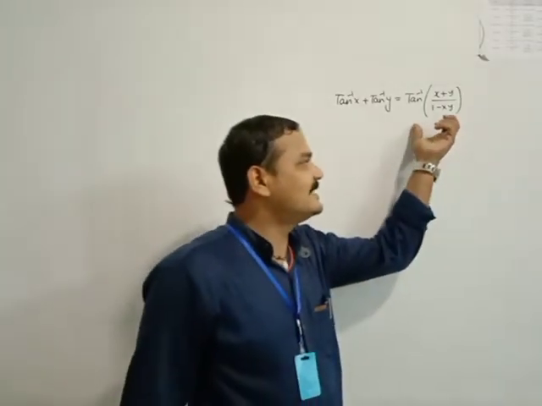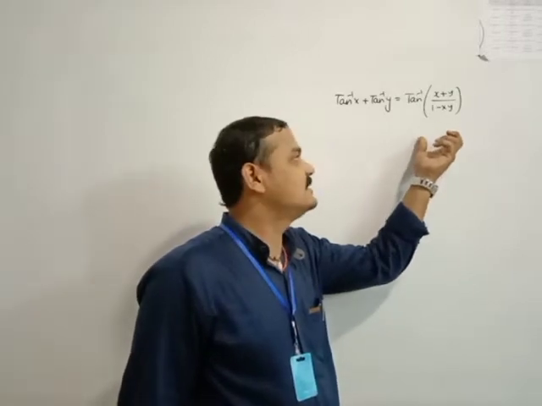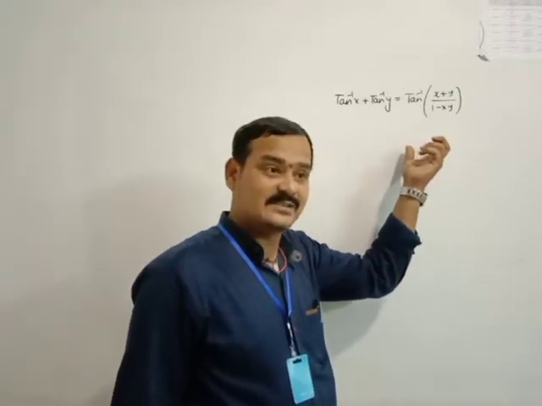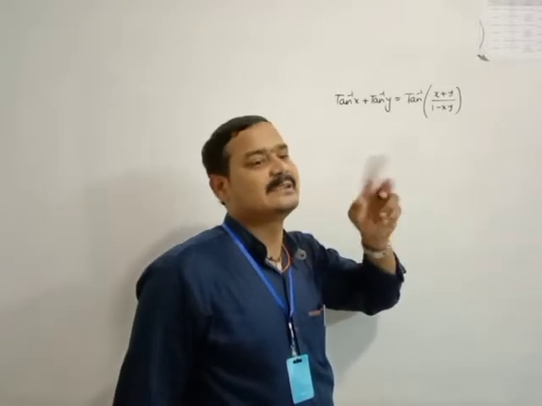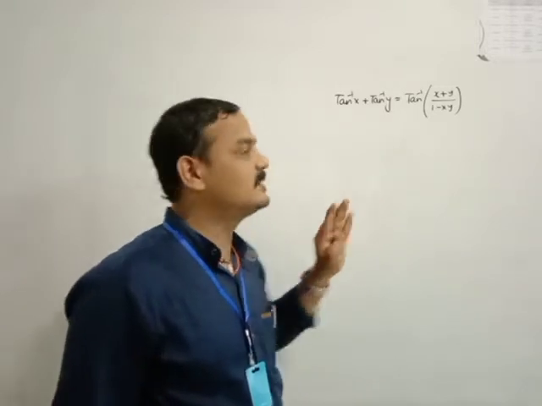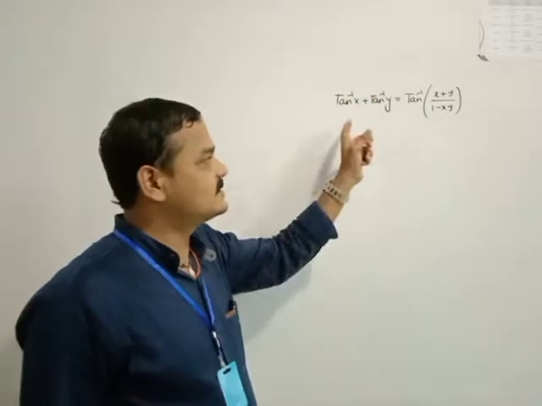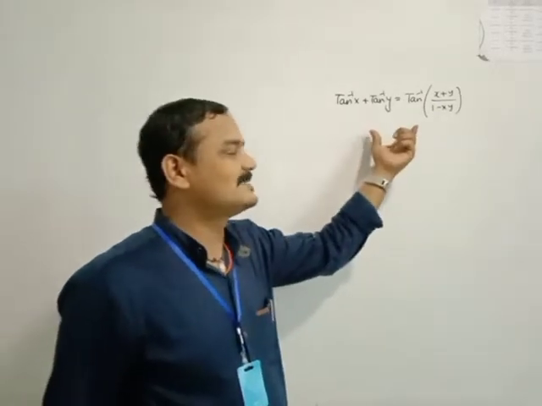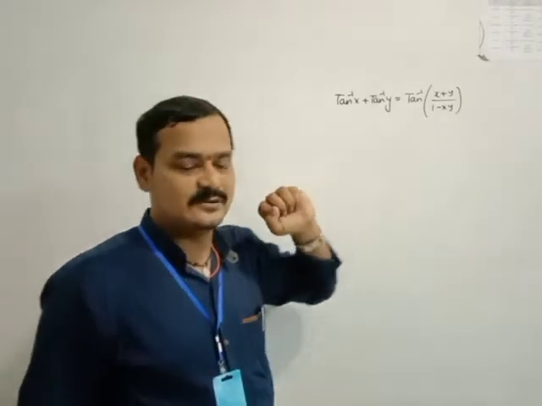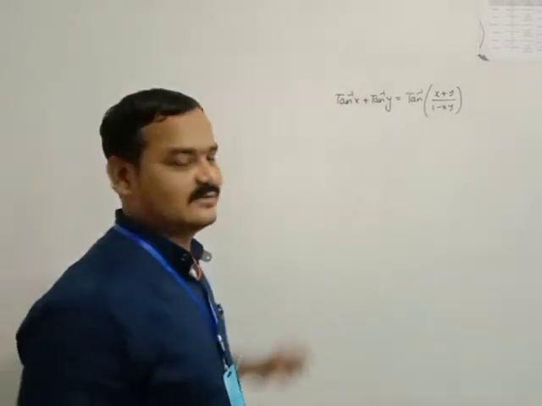Actually, there are three cases. One is tan inverse of (x plus y) by (1 minus xy). Another one is minus pi plus tan inverse of (x plus y) by (1 minus xy). Another is pi plus. Four conditions will come according to the values of x and y. But in the CBSE textbook only one basic formula is given, and the general formulas you can learn in inverse trigonometric functions in the first unit. This formula can be used very well.